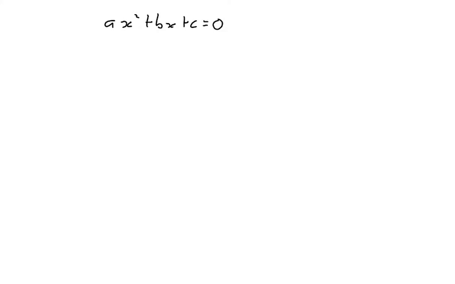In this video, we're going to be looking at the quadratic formula. The quadratic formula is ultimately completing the square. And what it looks like is this: x equals negative b plus or minus the square root of b squared minus 4ac